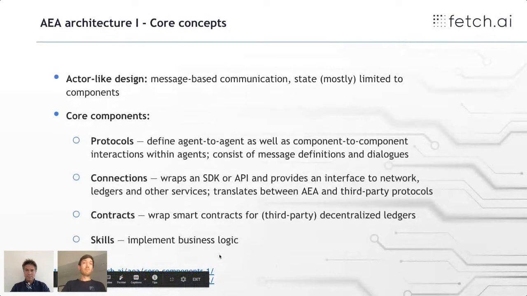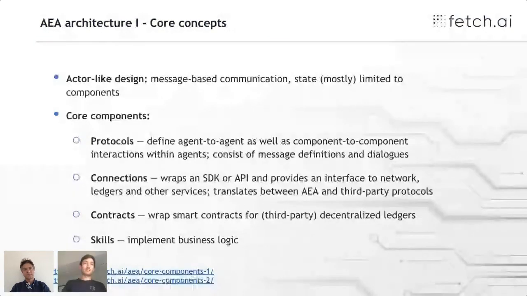Here we implement some business logic specific to a purpose or a given goal we want to achieve. Of course, this was extremely high level, I don't expect you to go away now and understand this all, but we have very detailed guides here, where you can have a look. Sorry, I need to move my mouse. So there are 2 links here which you can have a look at in the documentation.